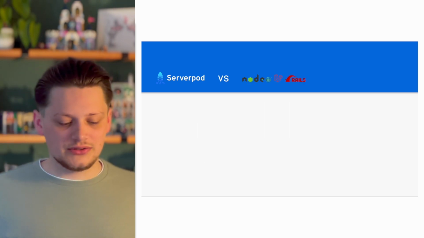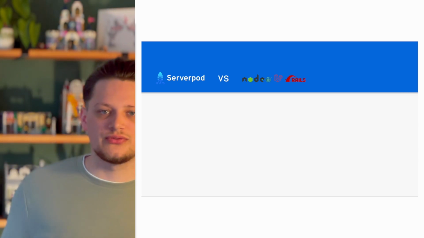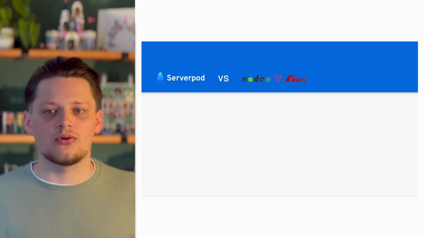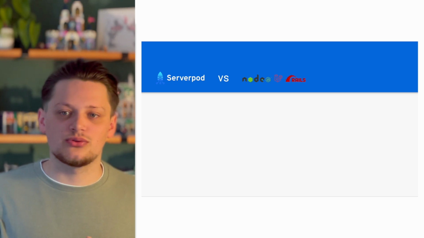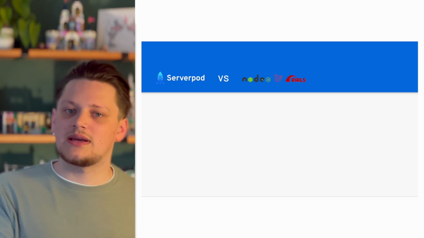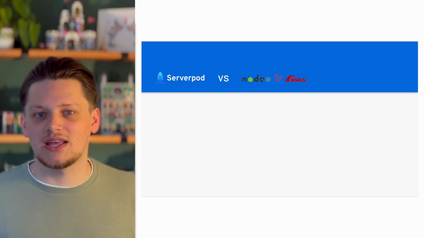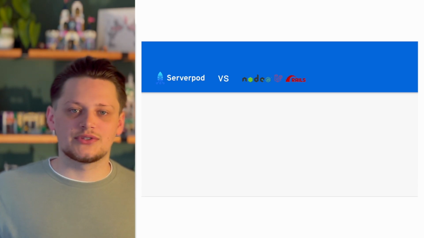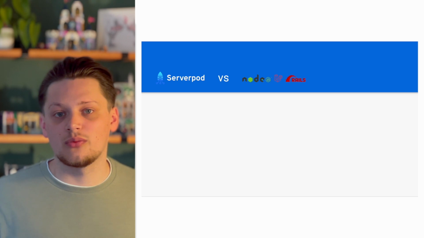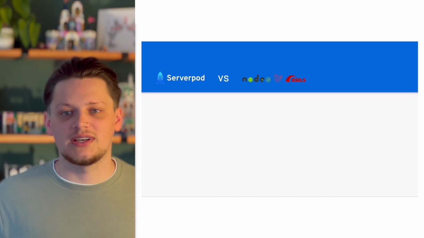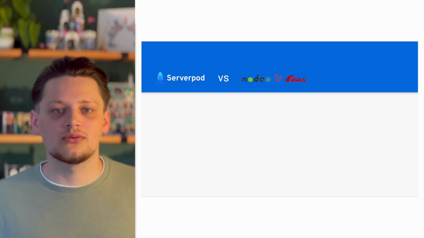And then finally, how does Serverpod stack up to traditional forms of development? So things like if you were to go full stack JavaScript, or if you were to go with more of a traditional native front end application with a separate back end application, if you were to use Swift or Kotlin on the front end to build your apps, or even JavaScript on the web, and then you were to have a separate backend server built in whatever language you like, whether it's Java or Python or